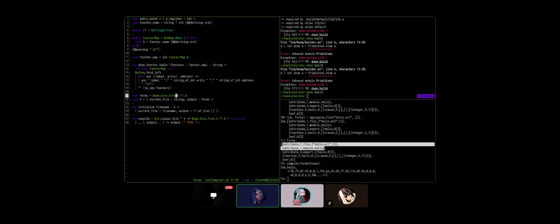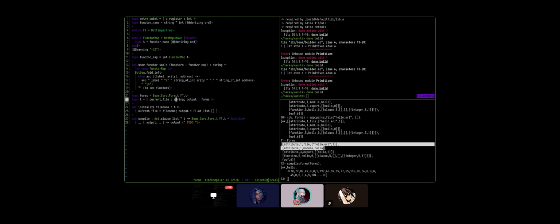So that means we need to make a function in here that allows us to create an attribute. Yes, a file attribute specifically. I recommend making a module in here called attribute. That module will give us file attribute, module attribute, and export attribute functions. Module attribute. Struct, and then let's make a let module which receives an atom, so in our case a string, and it's going to return